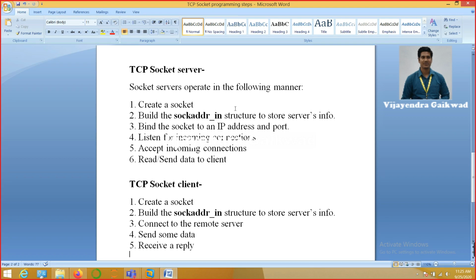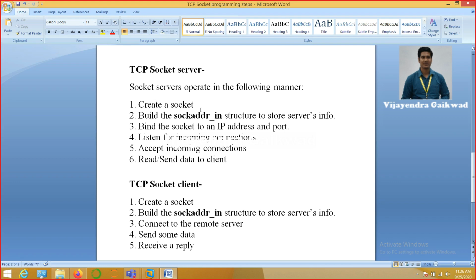We'll see the implementation in detail in a few moments, but for now try to visualize what can happen in this process. So we'll create a socket with the socket system call, and then we have to bind that socket with the IP address and some port number on which the server is going to accept the client requests.